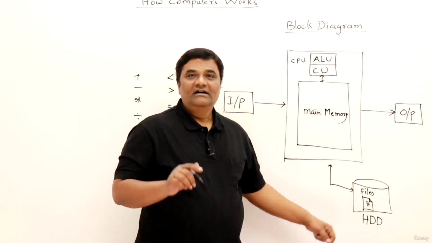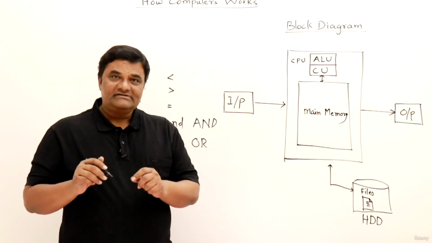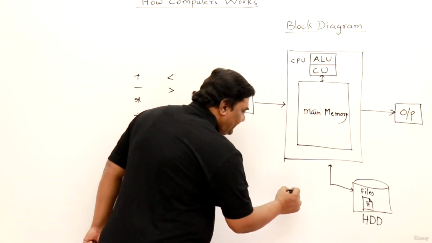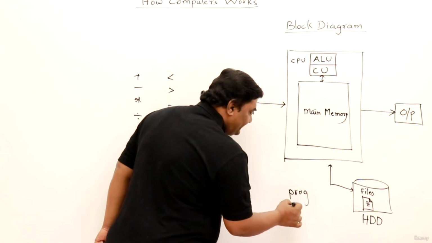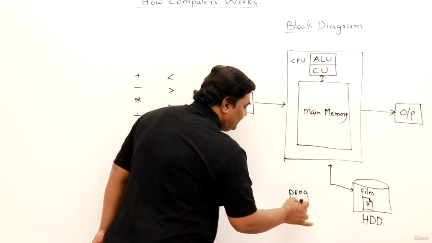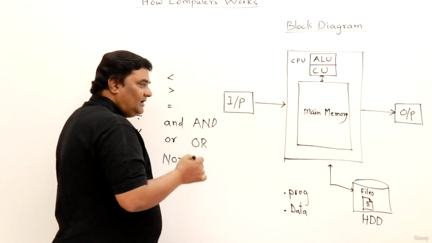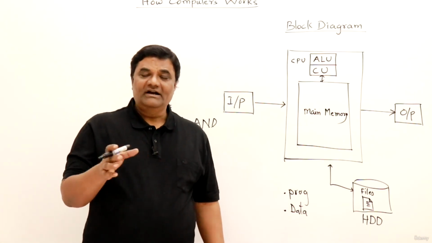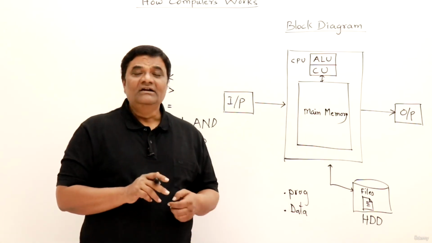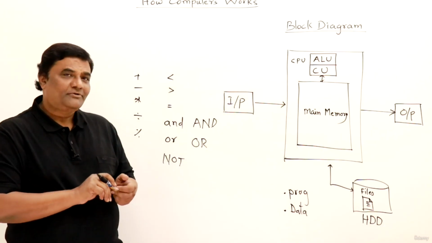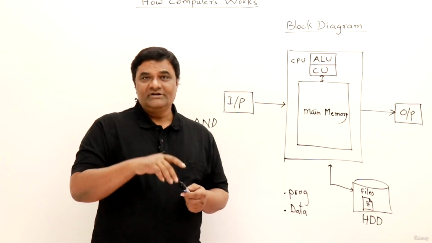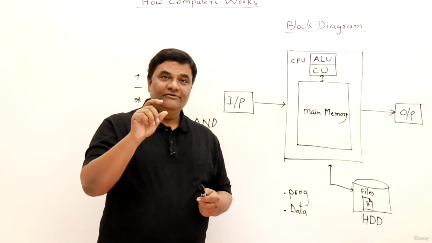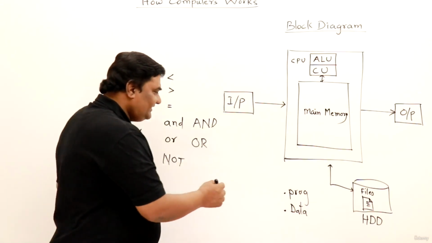This is the hard disk. Hard disk will contain files, and those files may be of two types, either program files or data files. Like if you take an example, Notepad on your PC is a program file. When you open Notepad, it's a program. So there is a file available. Basically, we click on some icon and the program will start. If you look into My Computer and folders, somewhere you will find a program for Notepad, and its file name will be